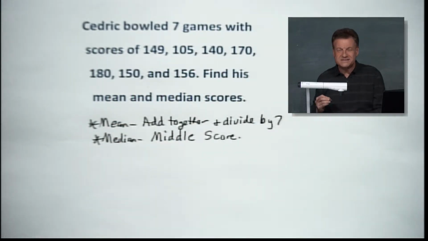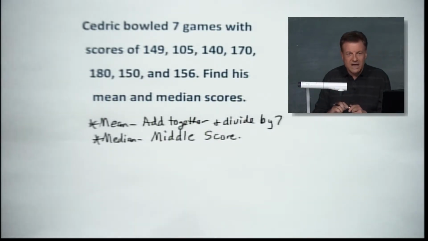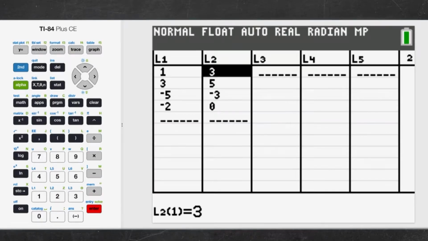But what happens if they aren't the same? You're going to have some sort of what we call skewed to the left or skewed to the right. We might see what happens if that happens here, all right? So anyway, what are we looking for? Mean and median. Let's do that. Everybody's tuned in to find that out. I'm going to take you to the graphing calculator right off the bat because I want us to do something a little different on this problem of the day. So if we can get over there, thank you.